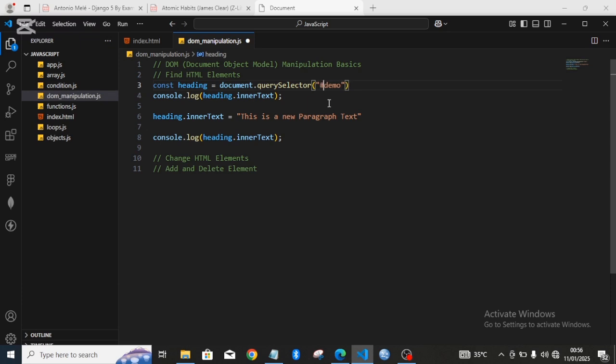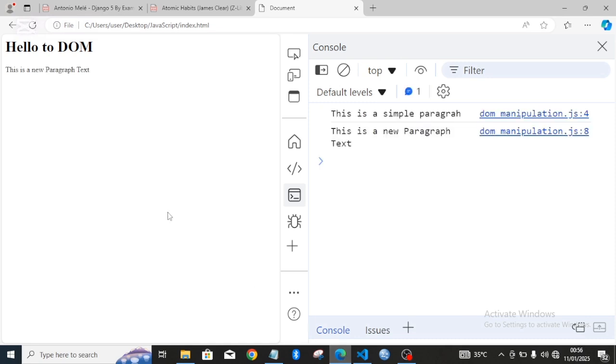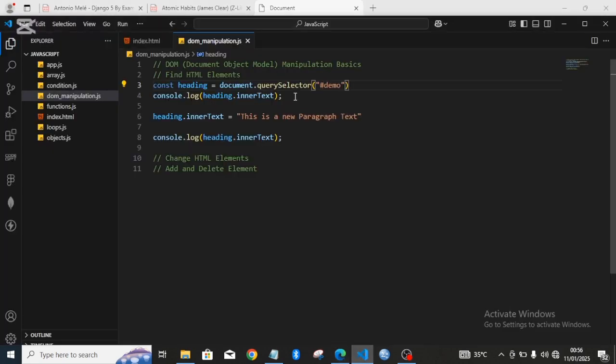So since this is an ID, I'll just say hash ID, save it, and do the same thing. You see, nothing is changing because everything is still the same. So same thing, to get an element by the class, we use dot, the name of the class,